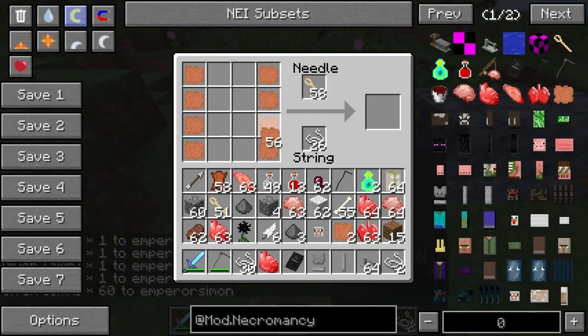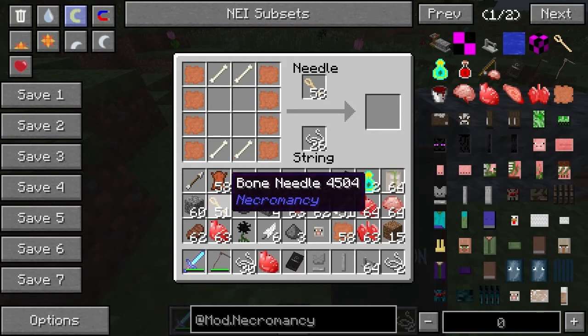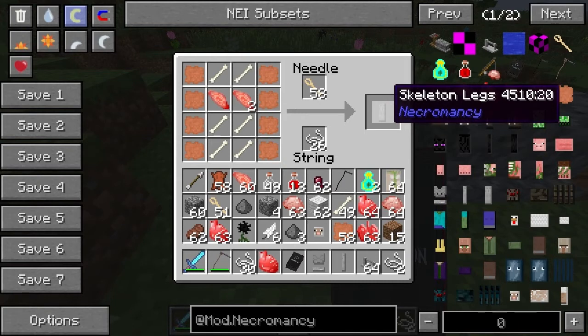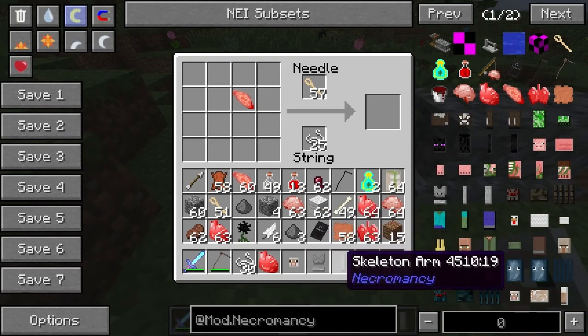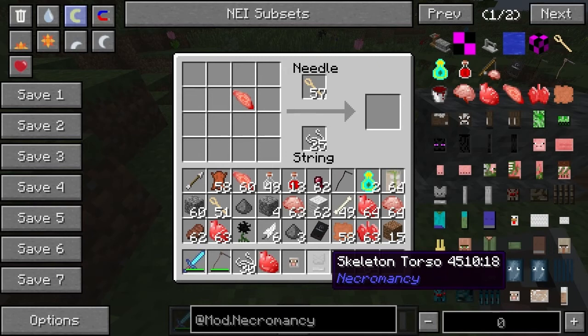So that was like that. We've got some bones over here. Some more muscles in here. And we'll just put in more skeleton legs. Skeleton. Alright, so that's what you do. So you create your thing with the 4 parts, right? So now what we need to do,